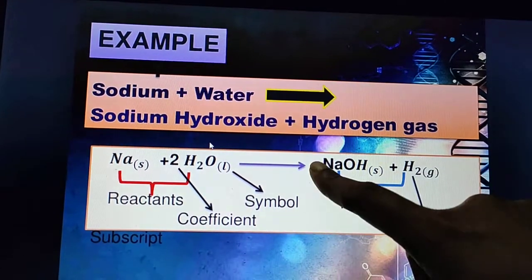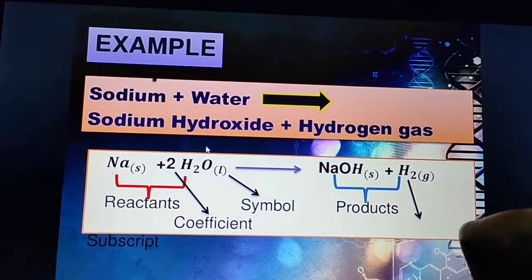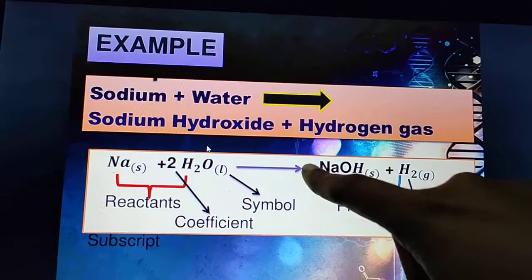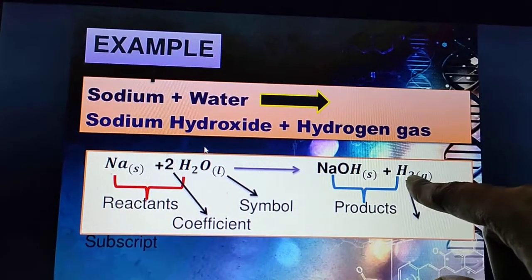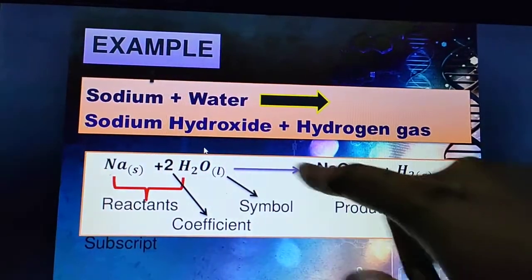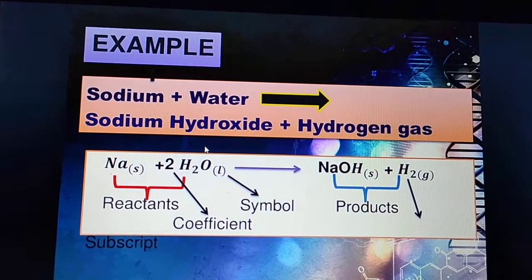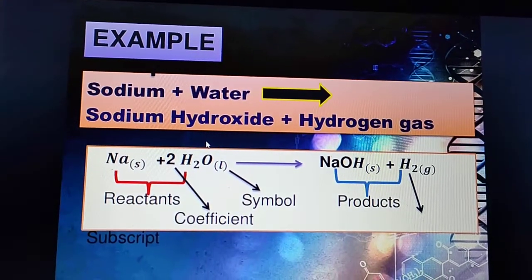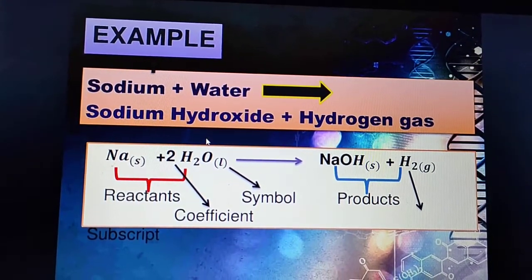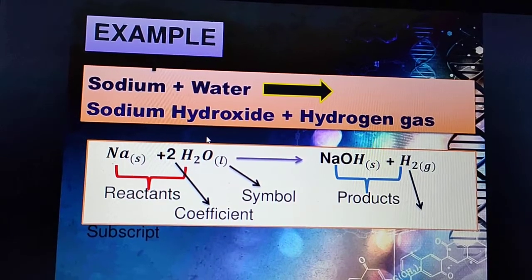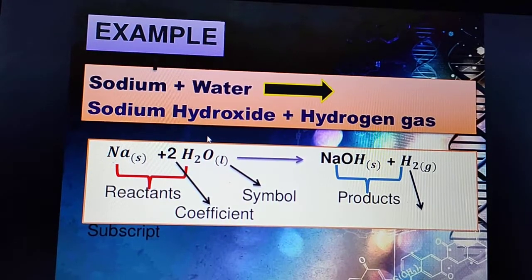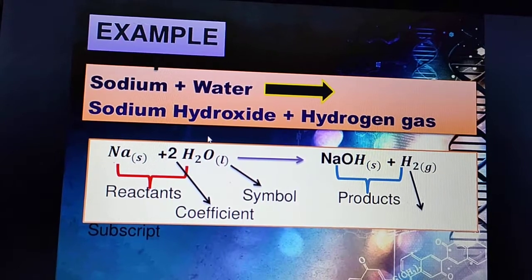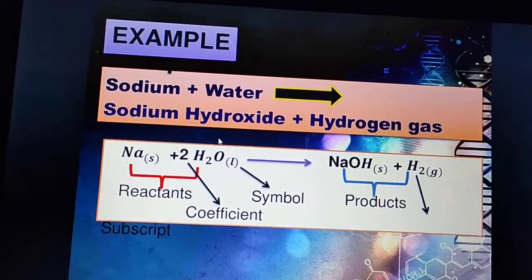So if you add 2 here, so 2 sodium balanced, 2 2s are 4, so 2 here. If you write 2 plus 2, 4 hydrogen and 2 oxygen, so here it will write 2 oxygen. So the balanced chemical equation, listen properly, 2 Na plus 2 H2O gives out 2 NaOH plus H2. That is your balanced chemical equation.